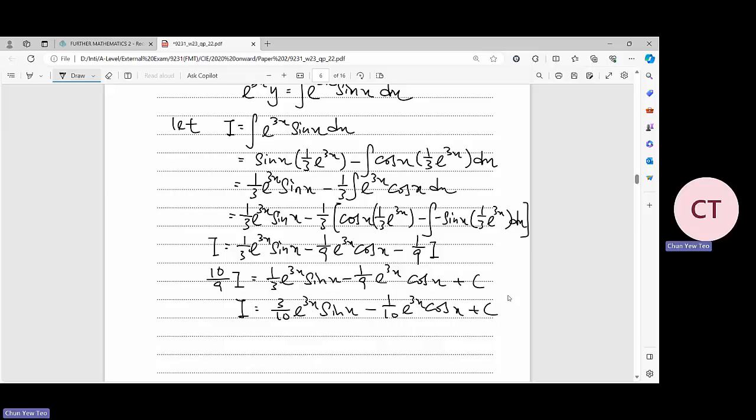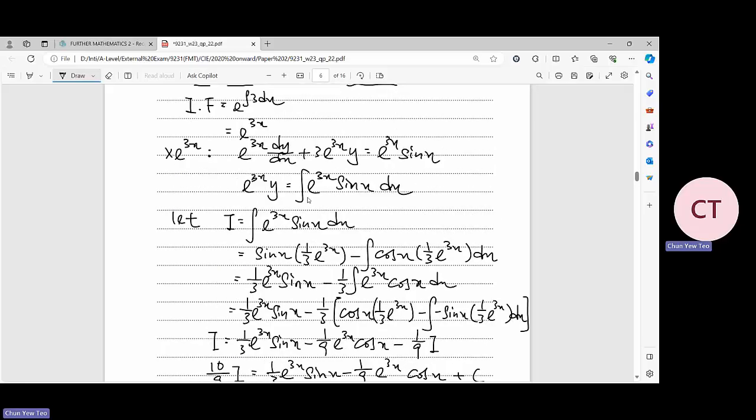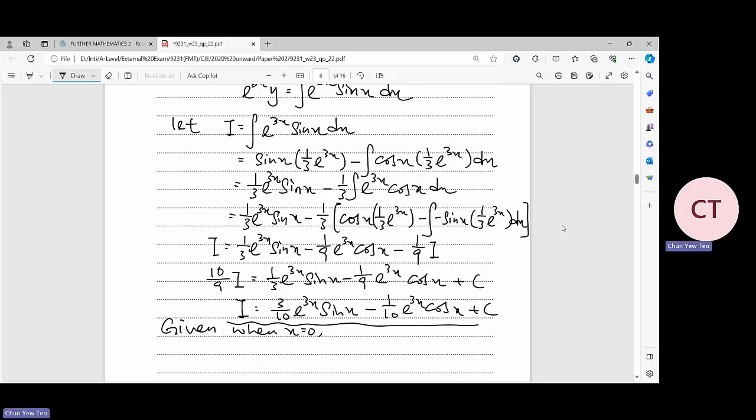Then we need to find the c. Given when x equal to 0, I haven't finished yet because what I found is only I. I need to substitute the I inside here. Okay, sorry for that. So now this one I erase. So from here, therefore,